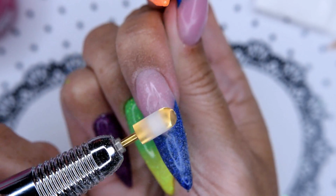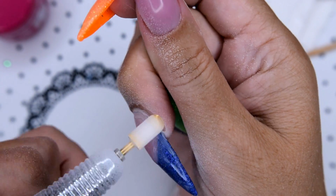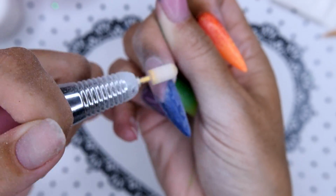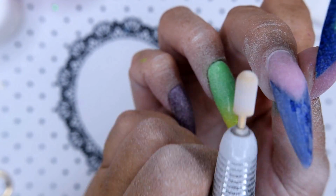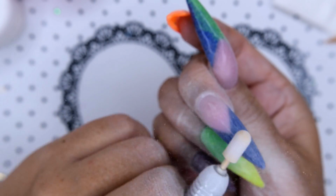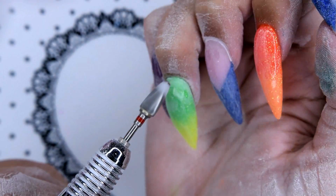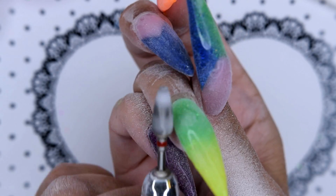I'm using the e-file. First on this finger I'm using the safety bit, or no, that is not actually a safety bit, it's just a cone rounded bit that has, what you call it, ridges all up until the end, but it does not cut you at all actually. But you will see me use another bit on another nail that I also really like to use. So I'm just mostly filing down too much of the nail plate and the tip, and on this finger I mostly file down the back, so it is not that high in the back, but